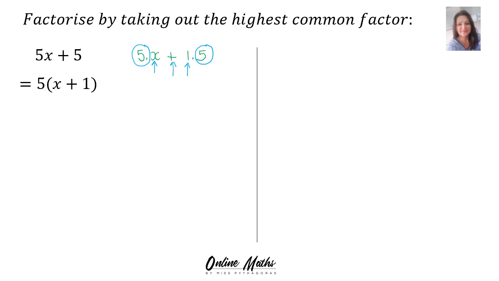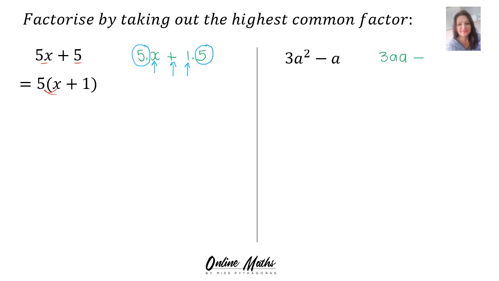That's what's left. And then again, let's just test whether we were right by multiplying it back out in our heads. So we say 5 times x is 5x. 5 times 1 is 5. I know I'm right. Next one. I give you 3a squared minus a. So let's write this one in expanded form. So then it's 3 times a